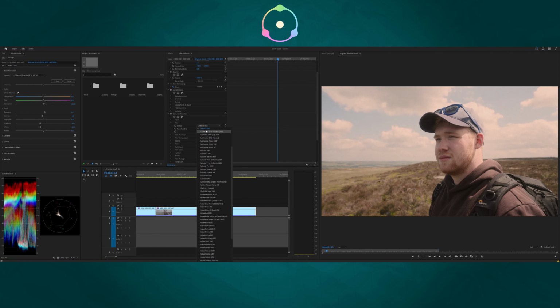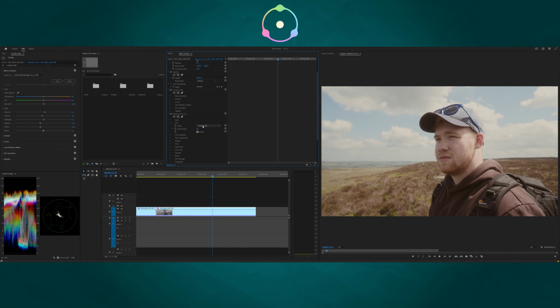One thing that I did notice was that I wasn't able to flick through all of the presets using the arrow keys on my keyboard. It automatically closes the drop down as soon as you click one, so you have to go back into the menu again to click another to view. You can use the scroller on your mouse when you hover over the drop down, and that does work, but